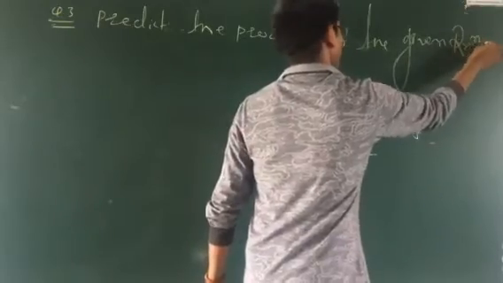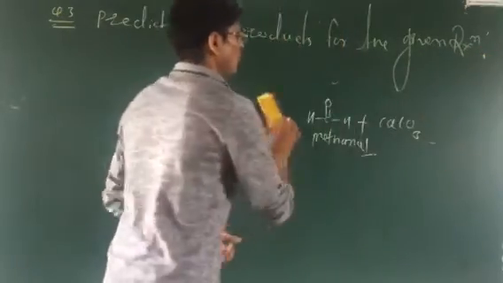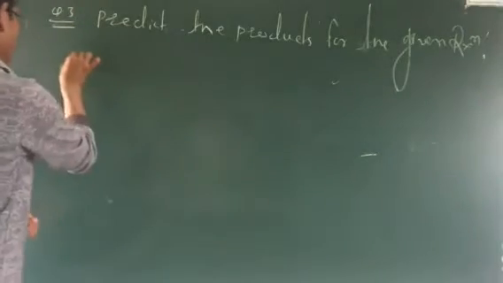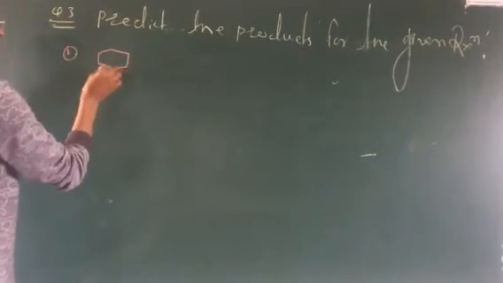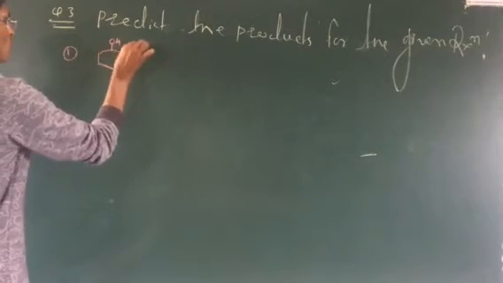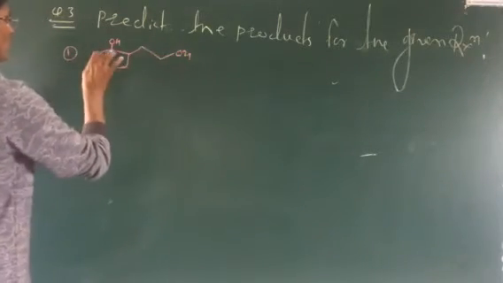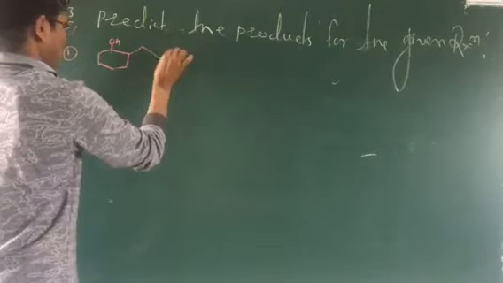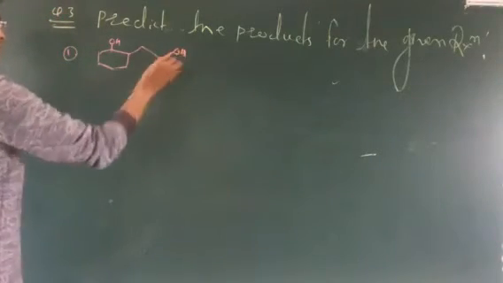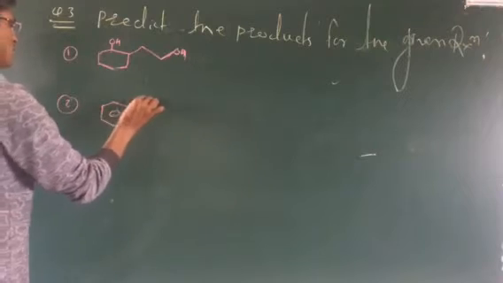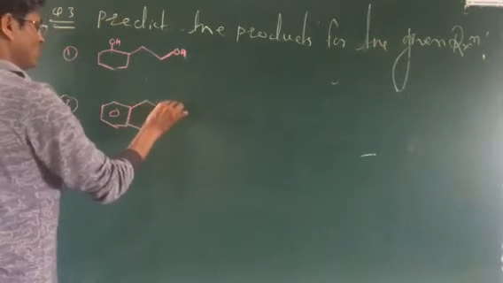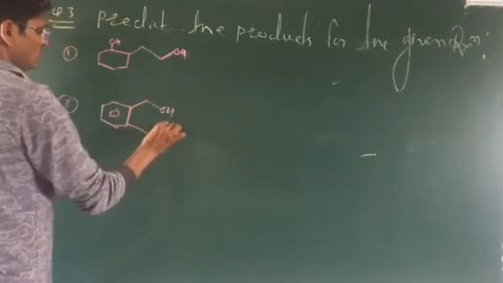देखो यहाँ पे आपको रिएक्शन दिया हुआ है, आपको प्रोडक्ट फाइंड आउट करना है ना. So in the reaction, the given one is a secondary alcohol and this one is a primary alcohol. One is the primary alcohol, one is the secondary alcohol. The second one, this type of compound is alcohol and this is alcohol.